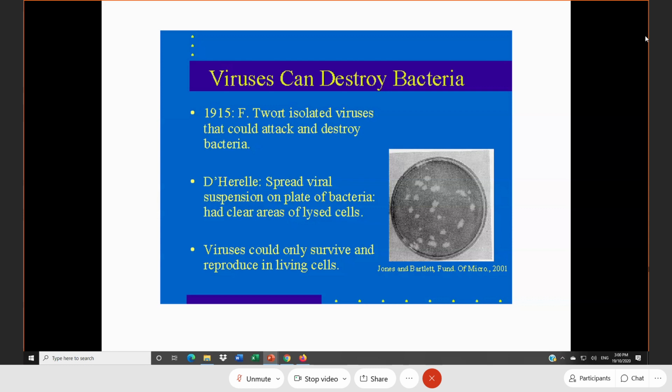A virus can only survive and reproduce in living cells. So the virus cannot stay outside of the cell. Can a virus stay in the environment? Okay, COVID, you wear the mask, right? The size of the virus is actually very small. So when you sneeze, assume that the person is already infected by the COVID virus. So how long can the virus stay outside? Hours? Days? 2 to 3 days. Huh? 2 to 3 days. Where?